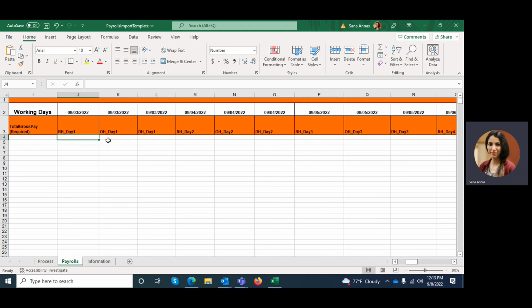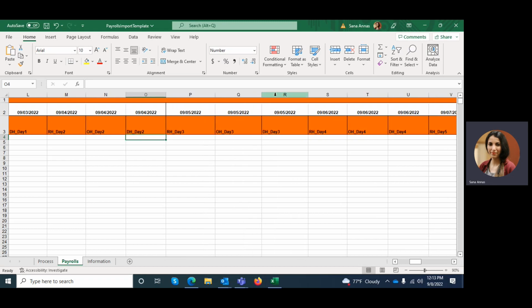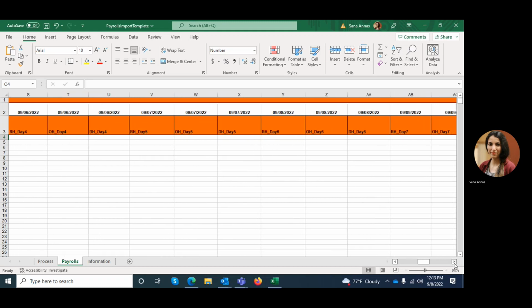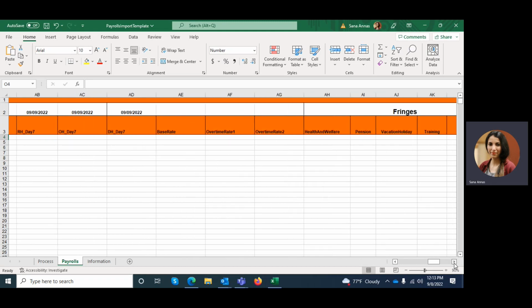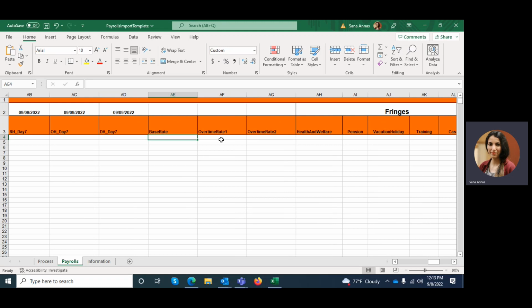So hours worked on day one, overtime day one, and then any other overtime. Same for day two, overtime day two, overtime two day two. So you will enter the hours for the whole week depending on these dates. After you complete entering the hours for the required days during this week, then you will enter the base rate, the overtime rate 1, overtime rate 2,